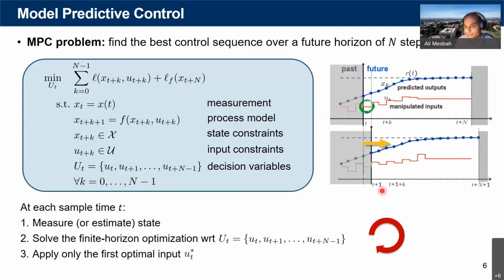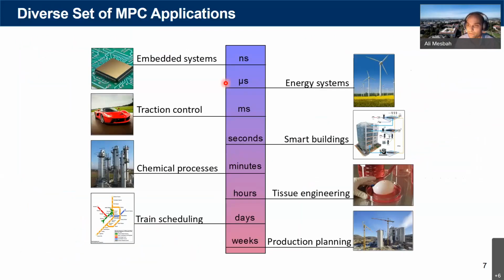But in order to confer feedback to this approach, we do this in a receding horizon manner, meaning that at every sampling time t that we observe the system or the process, we reinitialize the model. In other words, we pass our measurements to the optimizer to reinitialize the model in order to repeat this replanning. So this is known as receding horizon control, or MPC, and it has been extensively used in a wide variety of industries and applications.